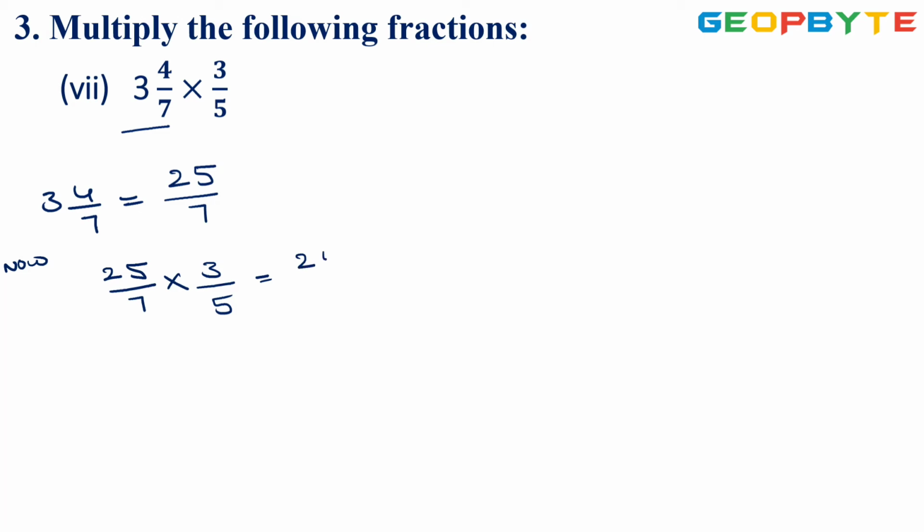So product of numerators is 25 into 3 by product of denominators 7 into 5. Now 5 ones are 5, 5 fives are 25. So this is equal to 5 into 3 by 7 into 1, which is equal to 5 threes are 15